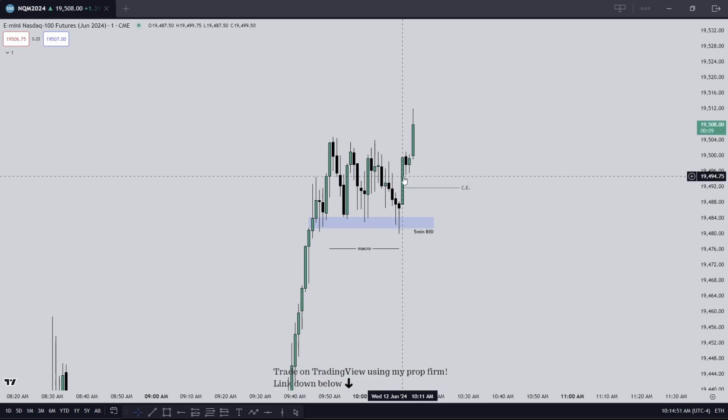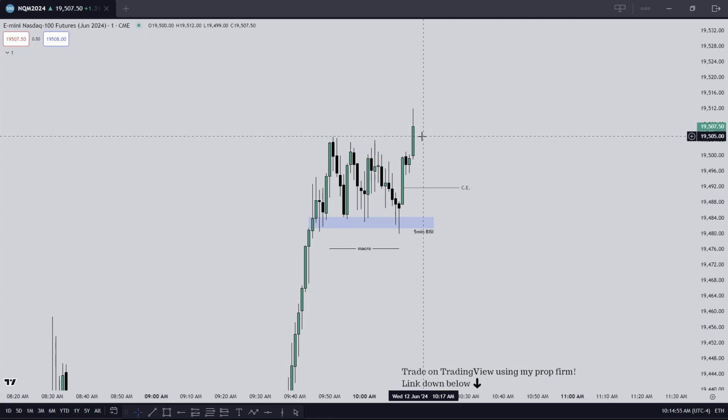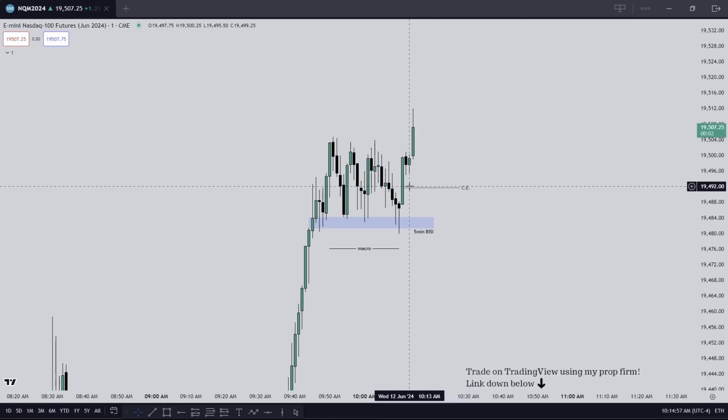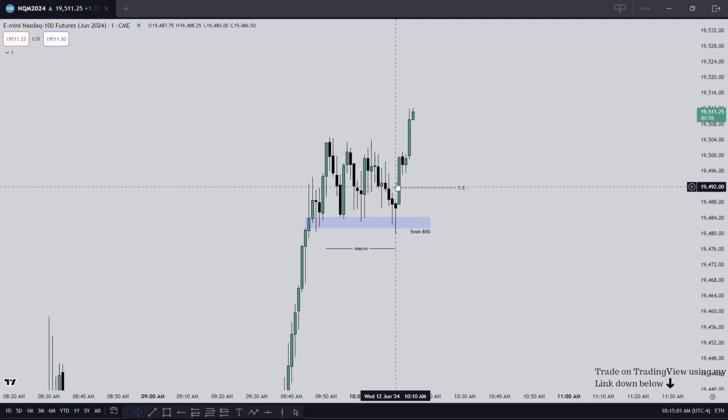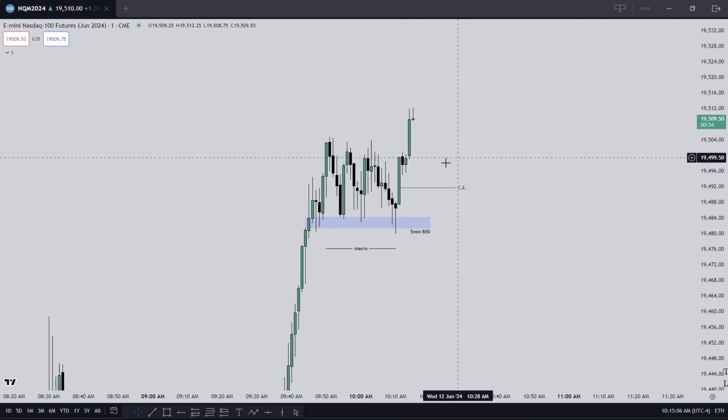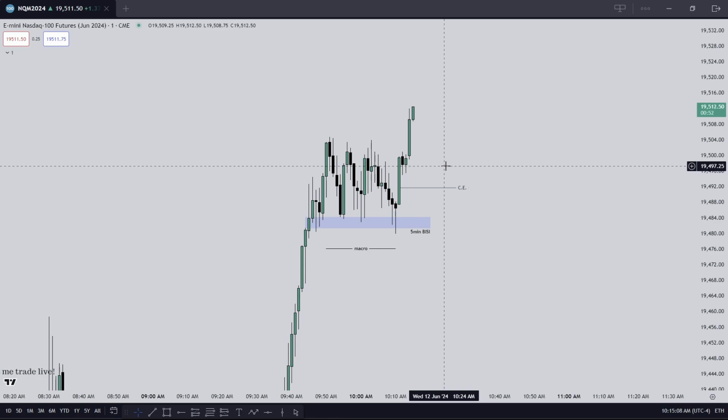I wouldn't want to buy this fair value gap because I don't want to see it traded to at all. I would be more comfortable buying a fair value gap up here somewhere instead of this one, because the logic behind this fair value gap is you want to see it stay open. You don't want to see price trade down into it because it's a breakaway gap. So you have to have some kind of context and logic behind which fair value gap you're buying.